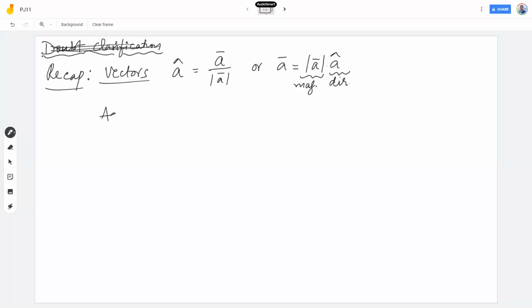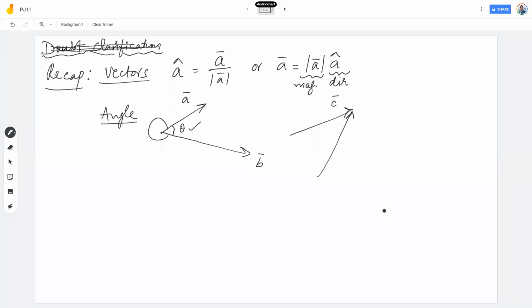And then we saw laws of addition of vectors. In fact, even before addition, we saw angle between two vectors. Angle between two vectors means when two vectors are drawn co-initially, the smaller angle between them is called the angle between vectors. Or when two vectors are drawn co-terminally, the smaller angle between them is called the angle between vectors. This is not the angle. This is not the angle. This is the angle here. Okay, when they are drawn co-initially, that's how you do.